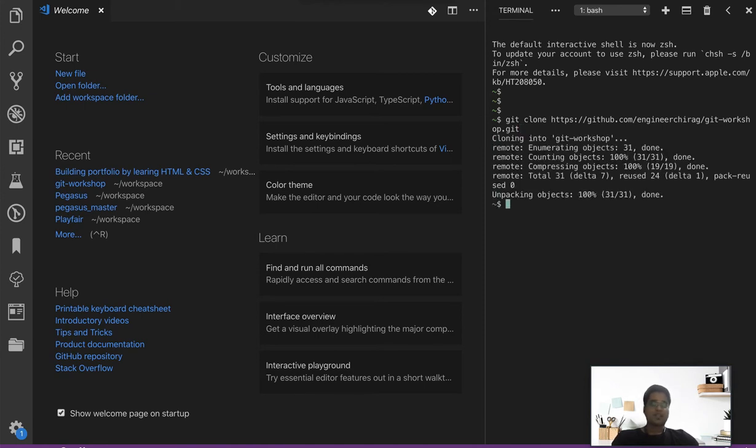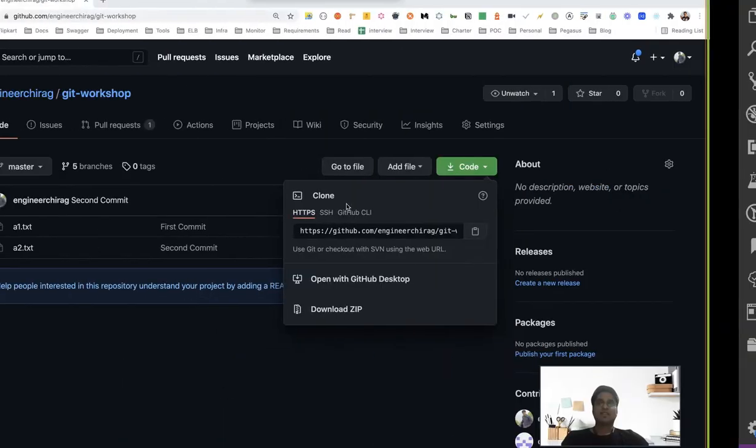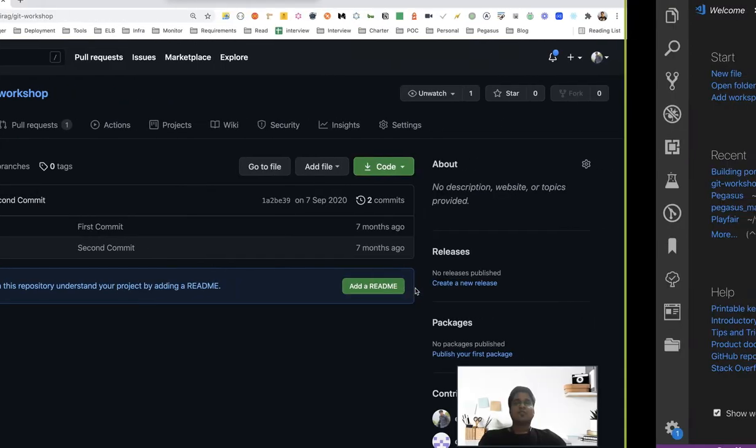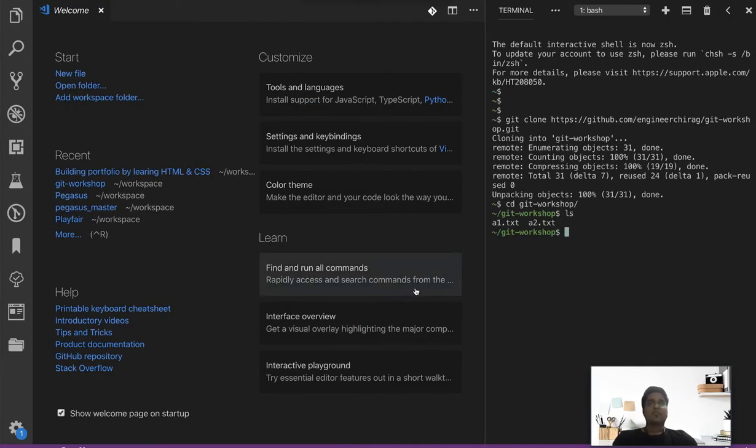It will start cloning and finally I can see the work directory is created, which is Git workshop, and if I go inside that I can see there are certain files already present. If we go into GitHub and see, these are the two files which were present on the remote. We are done. So in the first approach, where we want to start collaborating, over here you can make certain file changes and do certain commit, push, all those things. We'll come to those commands, but this was the first way.